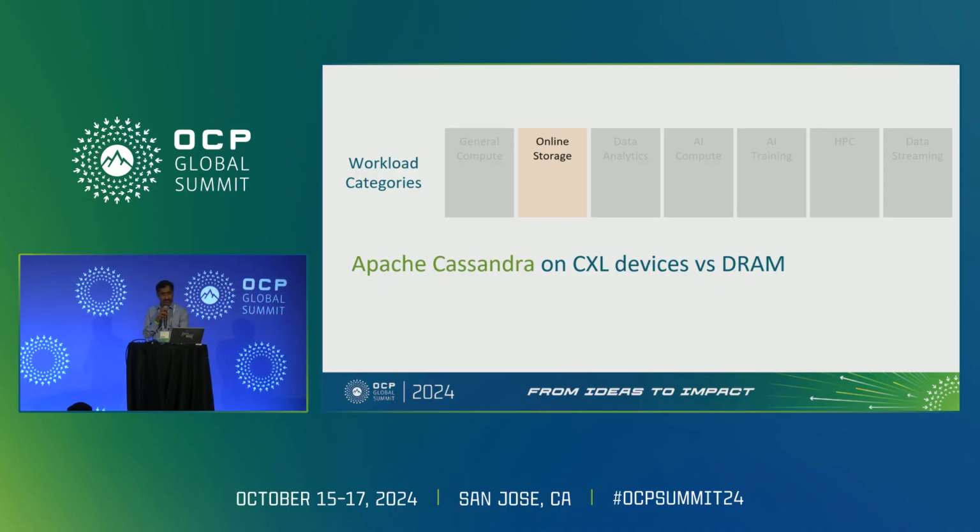Hi, everyone. My name is Ravi Gummaluri. I'm part of system architecture for Micron. Today I'm going to talk about Cassandra, Apache Cassandra workload analysis that we have done with respect to the local DRAM versus the CXL. How is the scaling happening, and what are the advantages we are seeing, and how is Cassandra workload when moved to the CXL, how it is performing. So we have some analysis.